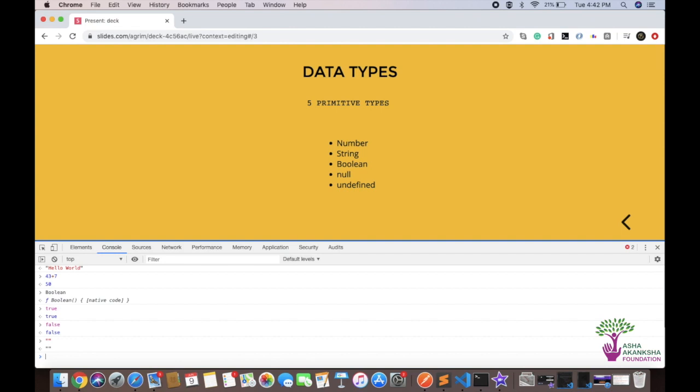So if you try to access something where the data is null, you will get null as the answer. But if you try to access something which is undefined, you will get an error, because what you're trying to access doesn't even exist in JavaScript, right? And null does exist, but it is not valid data, right? It is valid data, but it is not the valid data that you would need in your operations, right? So these are the 5 primitive data types